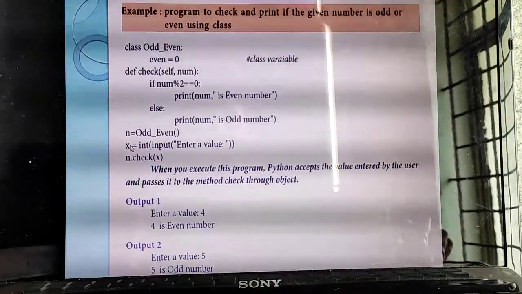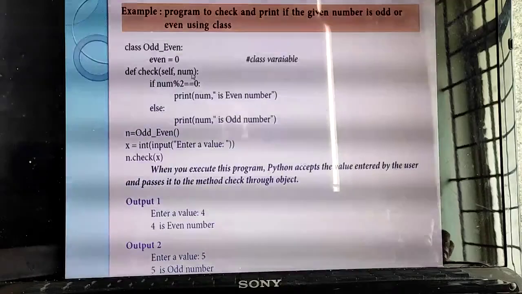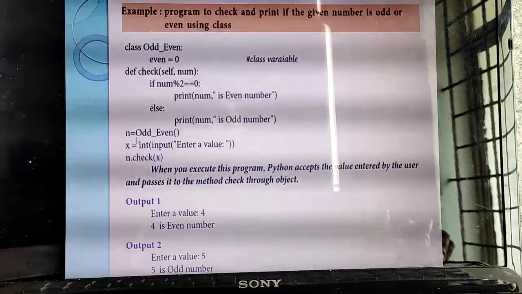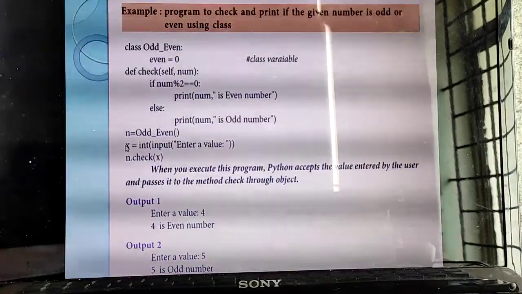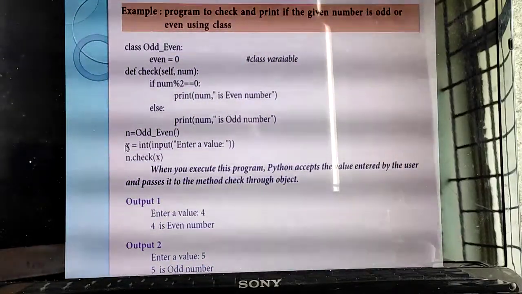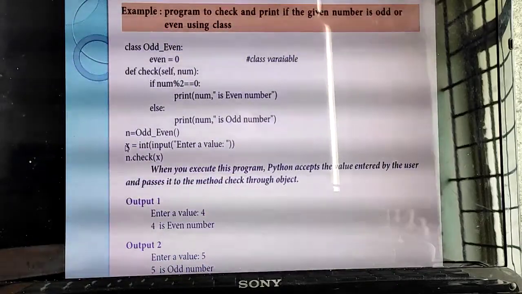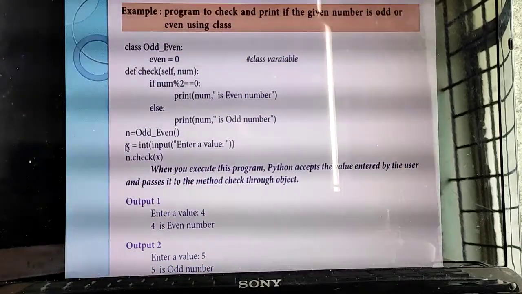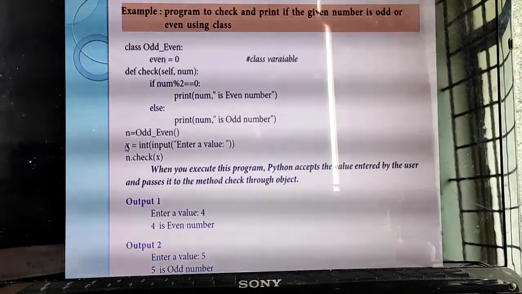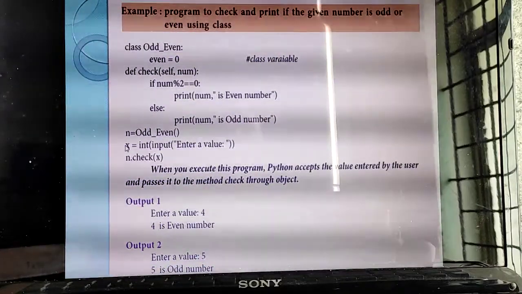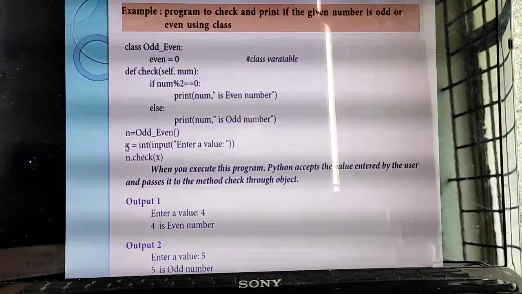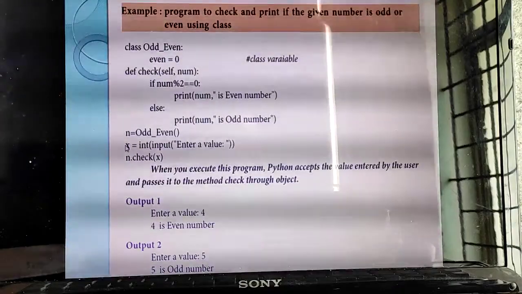You should call the function. Till now you are not inputting any numbers. You are not giving any input values, isn't it? So this object creation is very, very important, just like the main function in C++. The main function is very important in a C++ program. All the things you have written, variable declaration, everything, you should call in the main function, isn't it?